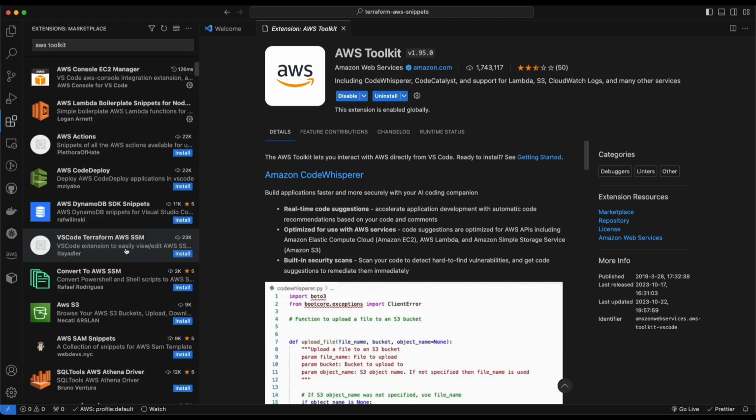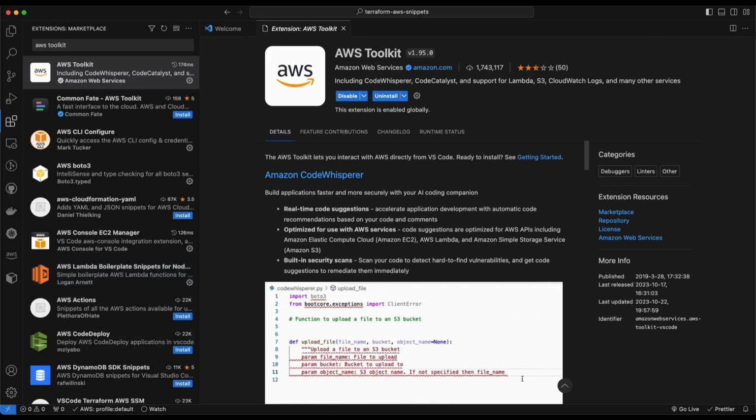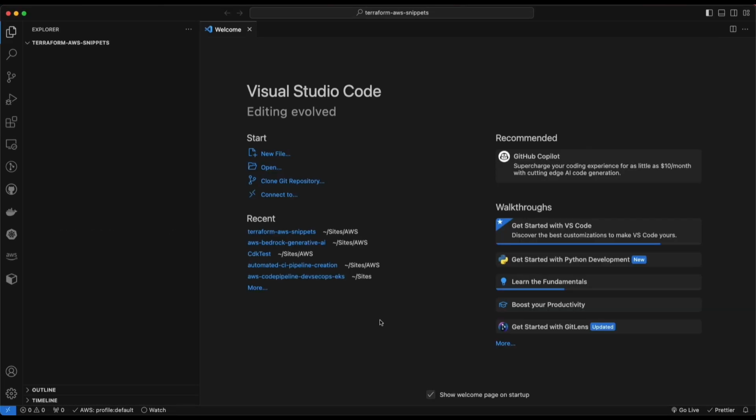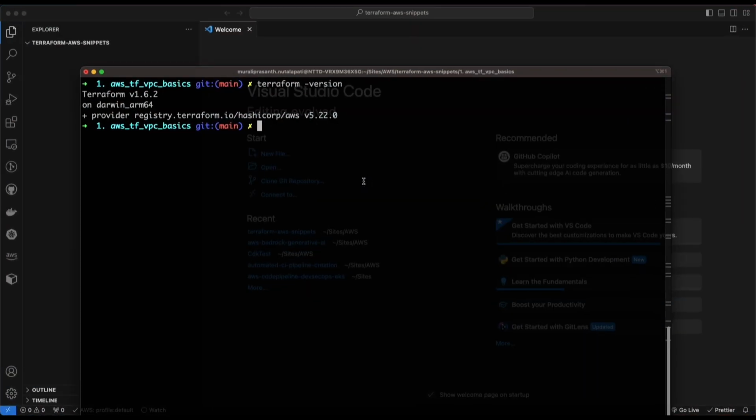Okay, so once you have all your extensions ready, let me begin by creating an AWS user, and I will log in with that user. Then I will also set up an AWS credentials profile so that I can use it with the Terraform code. If you have already installed AWS Toolkit, go ahead to your terminal and type